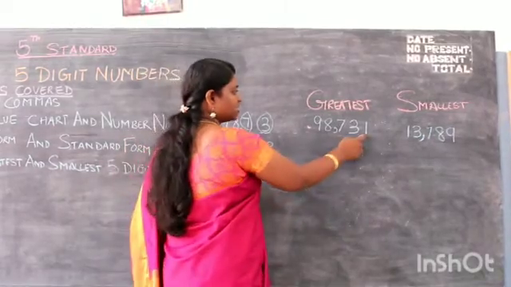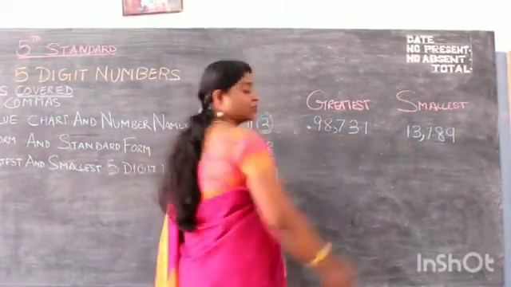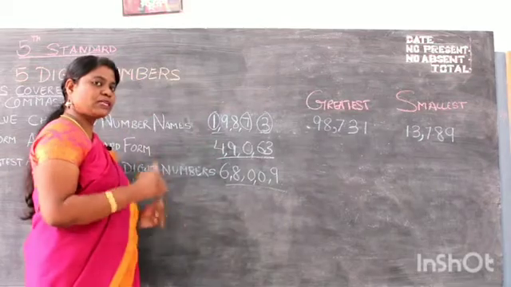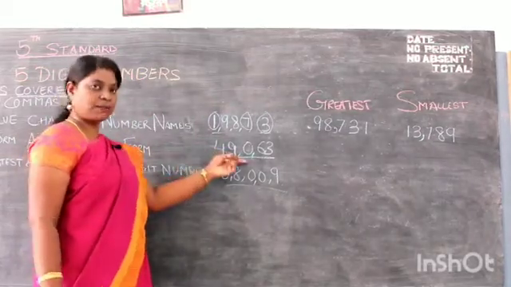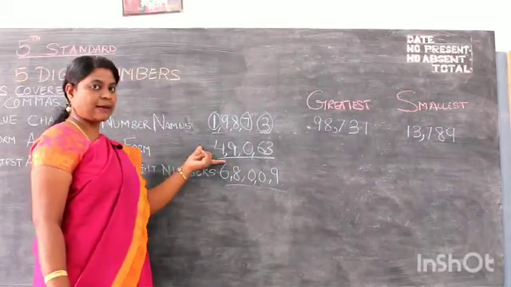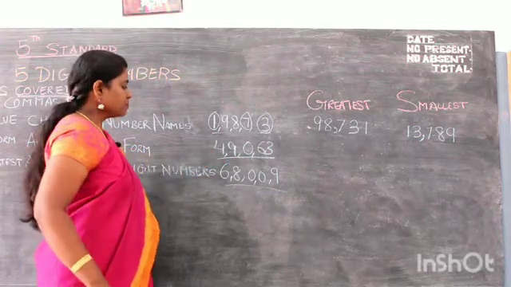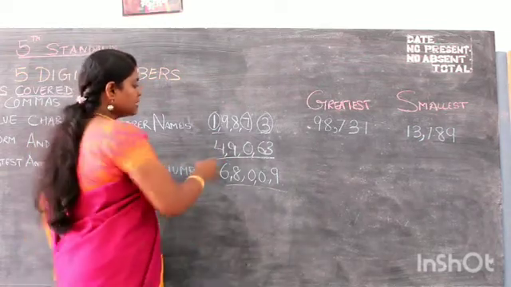Basically what comes last in the greatest number comes first in your smallest number. But this rule does not stand if you have a 0 in the number. That is why I have taken the second example here. Now students, when we see here in this number